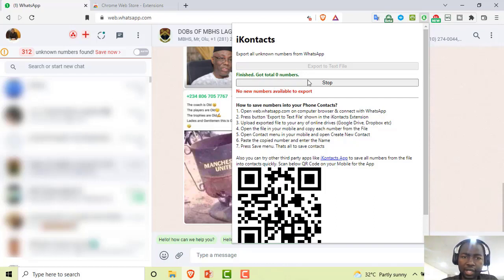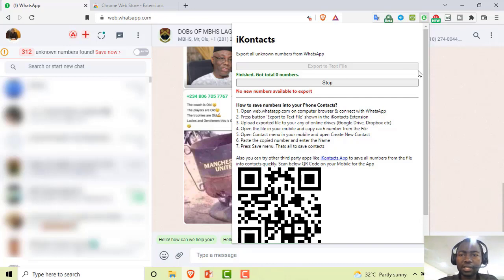But if you try this, every unsaved contact will be opened. You get the numbers, if it's 10, 100, 20, as the case may be. Then it stops. Then you can download the contacts to a notepad. The next thing you do, you can upload it to your Google Drive. Then from your phone, you can get each of the phone numbers on the notepad you uploaded on your Google, copy it and save it on your